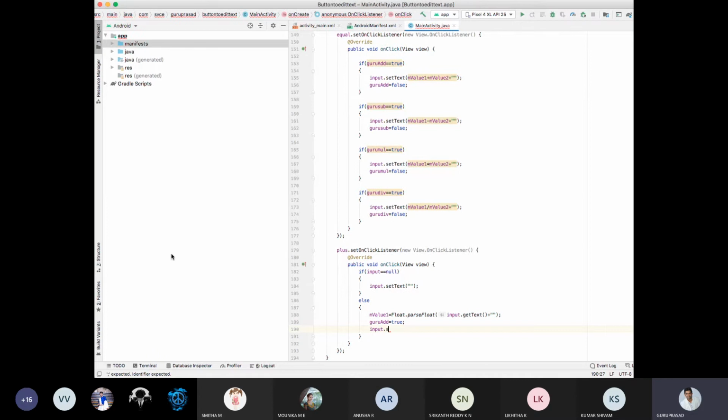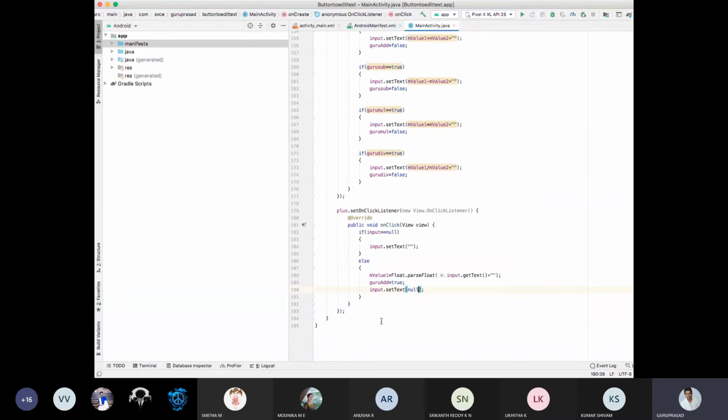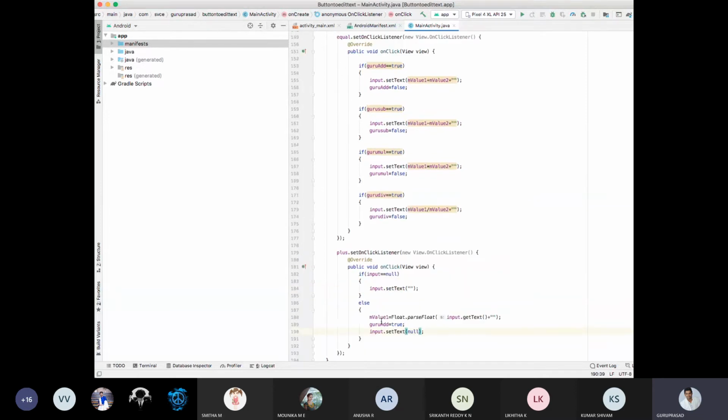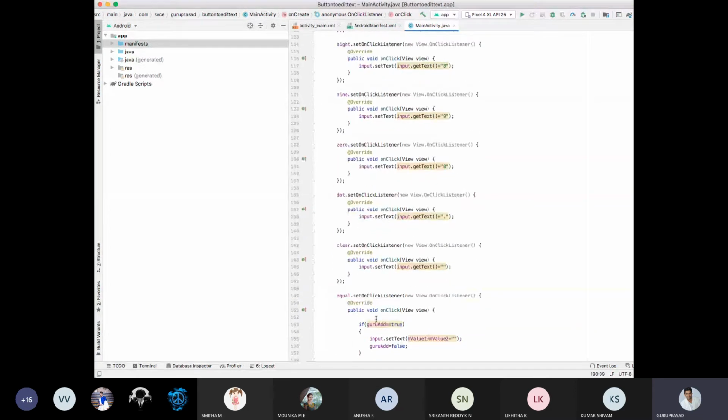Clear? So if the input is null, the edit text will remain as null. If it is not null, you are taking that m value 1 and storing it in m value 1, then you are going for guru add is equal to true. So it will jump to the guru add equals. See, m value 1 is defined, m value 2 is not defined.